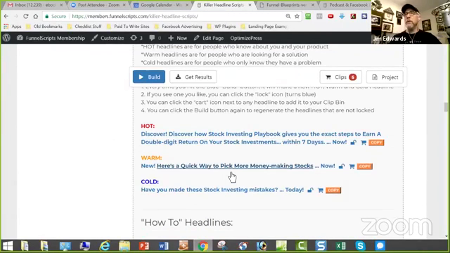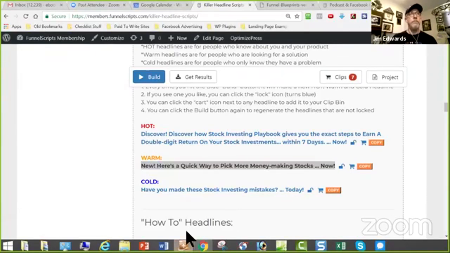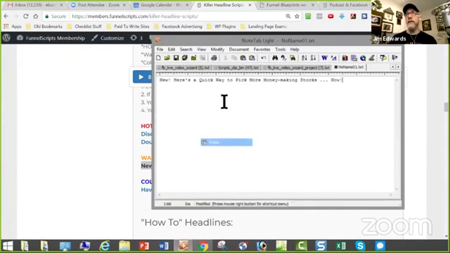So here's a quick way to pick more money making stocks. I like this one. So what I would do is just add that to the clip bin, or I can just copy and paste it right there by clicking that button. We'll go right over into Funnel Scripts, and I don't have ClickFunnels open, but I can literally just paste that into my